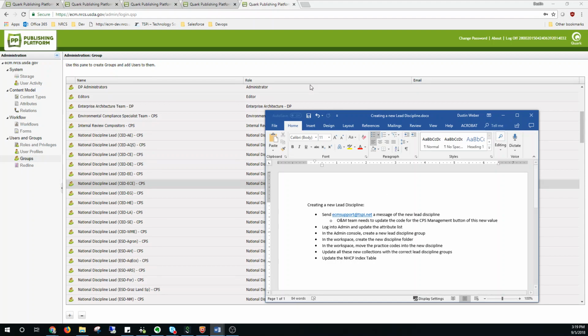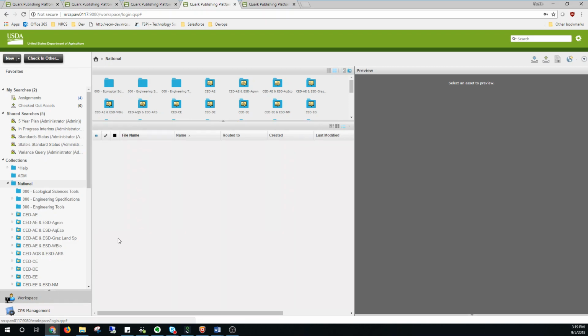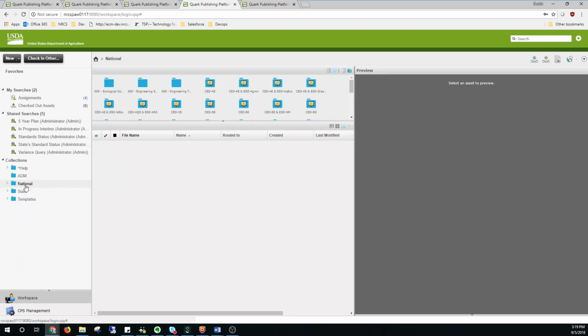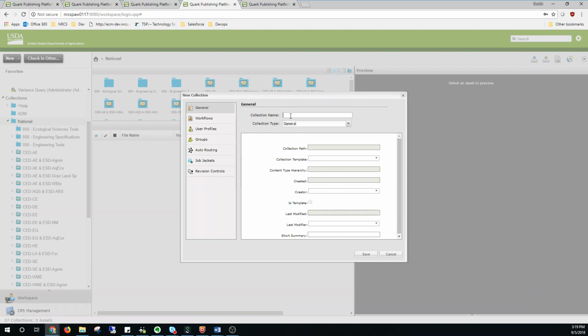So if I switch back over to Workspace, I want to go to the national folder here as the ADM. Again, I don't have the ECE folder yet, but I want a new one here. So I'm going to right click on the national, and I'm going to do new collection. Not from template, just straight new collection. Okay. Here I'm going to name it, so I'm going to do